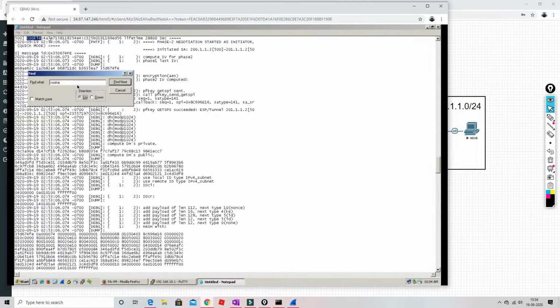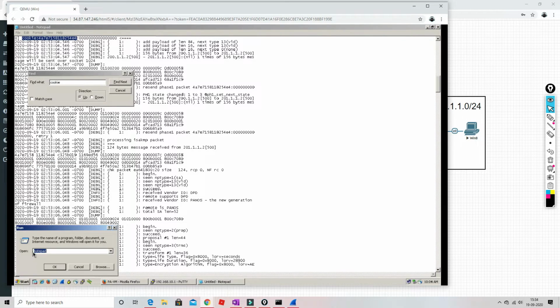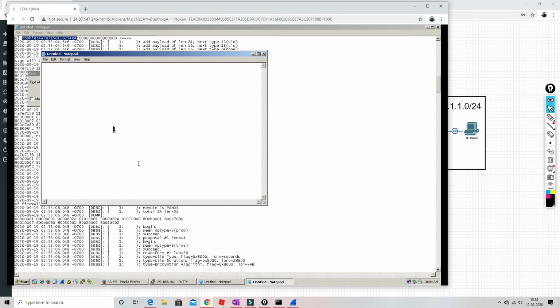So we'll check if we have anything like that or not. So yeah, we have the same. So we'll just copy this one, the whole cookie ID, and we'll open a next notepad. This is the cookie ID.